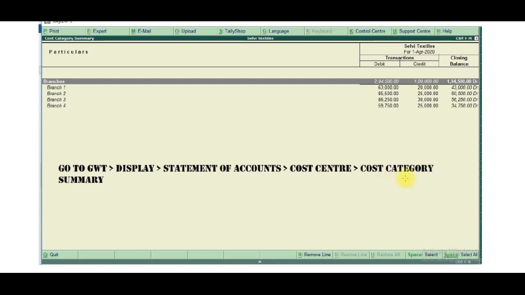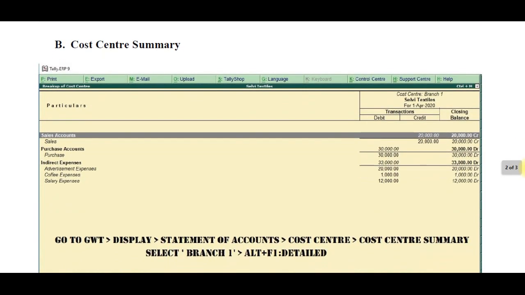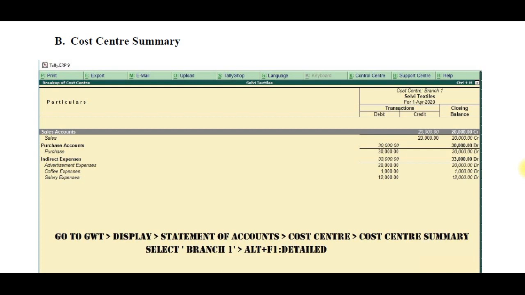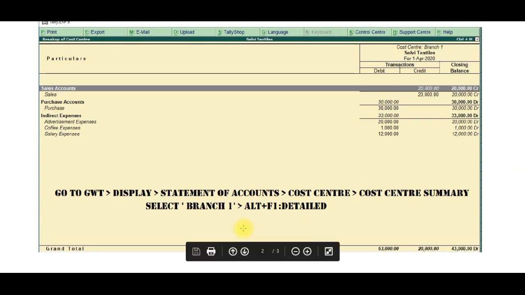This is the cost category summary to be compared with your Tally report. Okay, and then the cost center summary, you see. I get branch 1 cost center breakup.